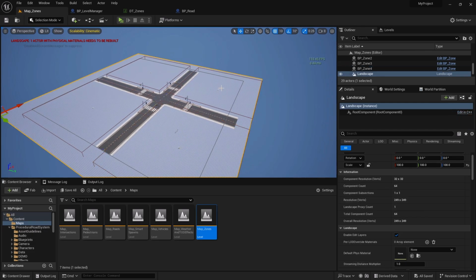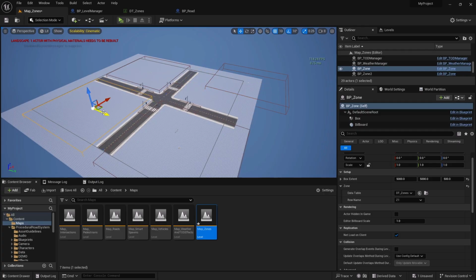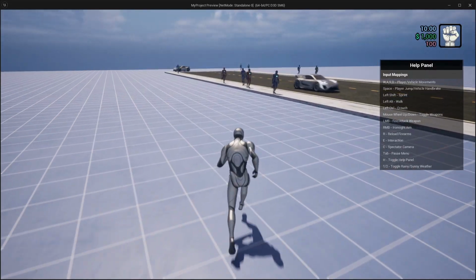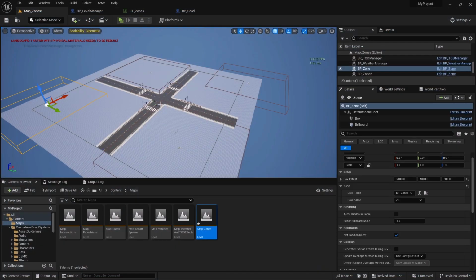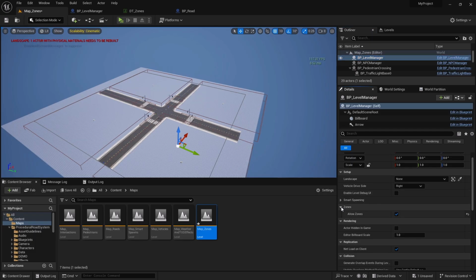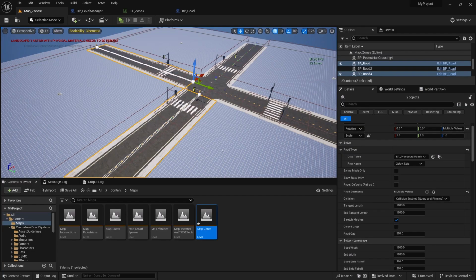But maybe if I place it in some sort of a distant area like this one is 2, and if I play now, yeah, so now it seems working fine. But yeah, it's totally up to you. You can define the zone specific spawns accordingly, right? But make sure to allow zones at your level manager, and for the roads actually